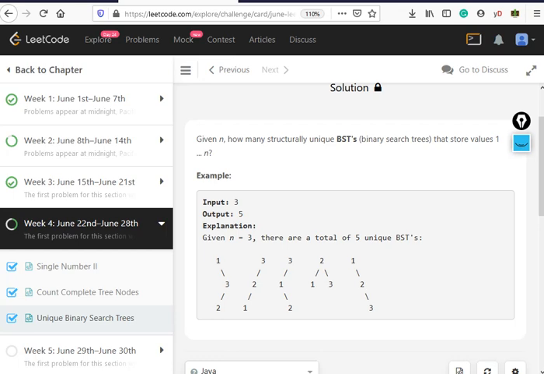Given n equal to 3, there are 5 BSTs. So let's try to figure out what those BSTs are and how we will code it, or find the solution. At first, this would be n, and here I would be writing the number of unique BSTs possible for a given n.